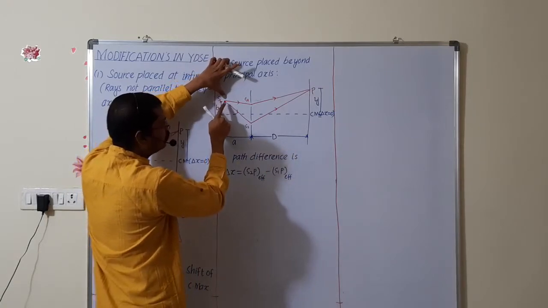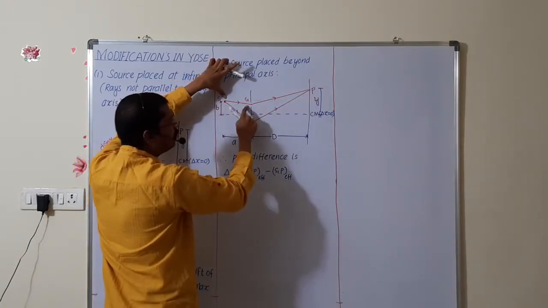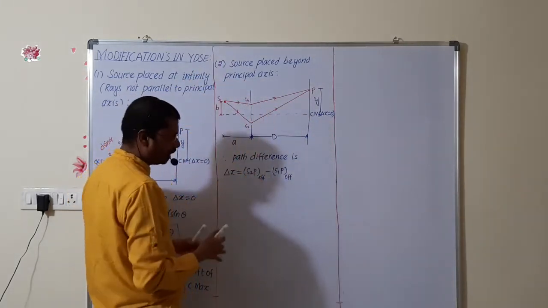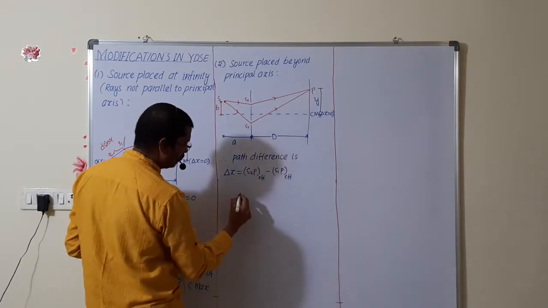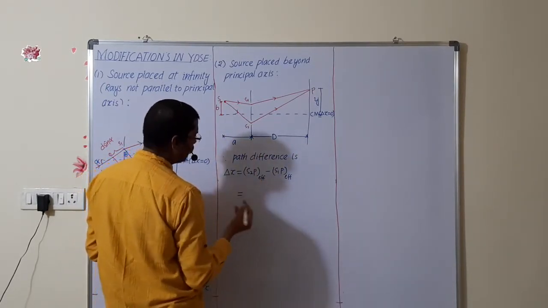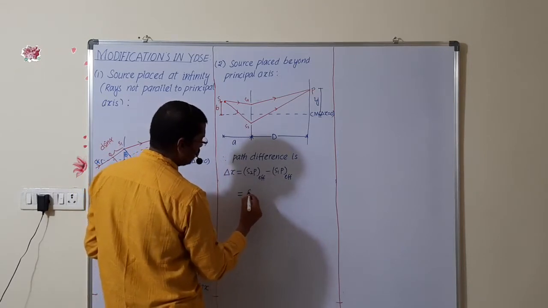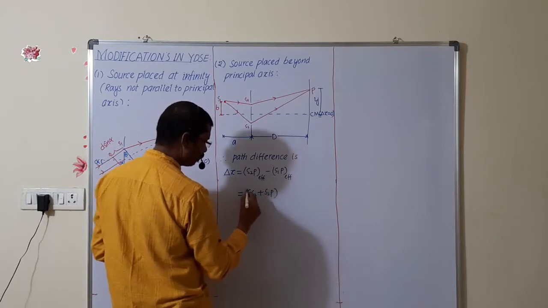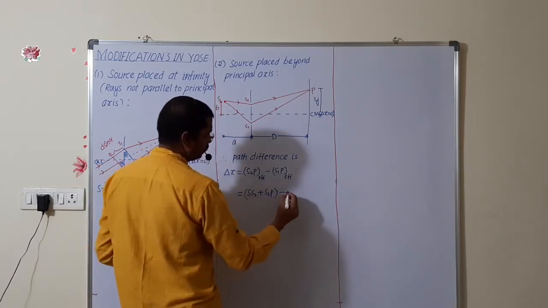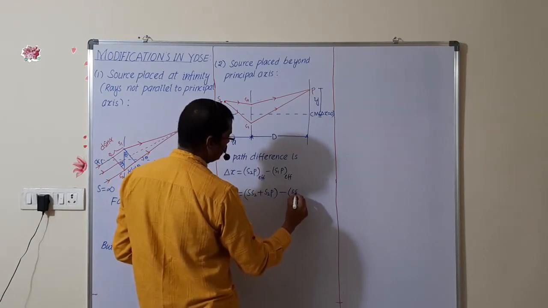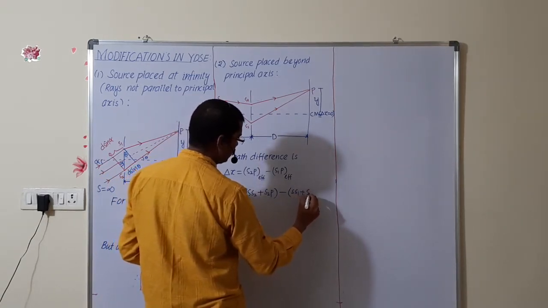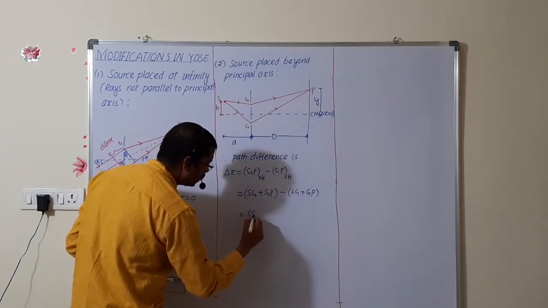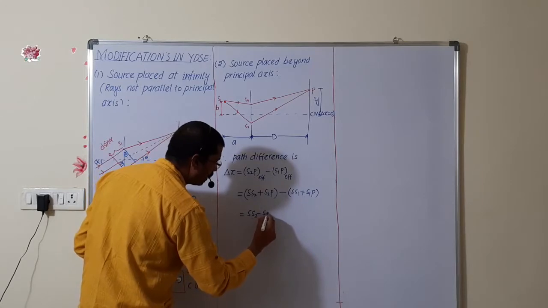Source we are taking from S2P, means S1P is effective, means increase. That's why I am writing S1P effective and S2P effective. The S1P, how we can write this value? I can write it S2 plus S2P minus S1 plus S1P. Now if I write this value as S2 minus S1